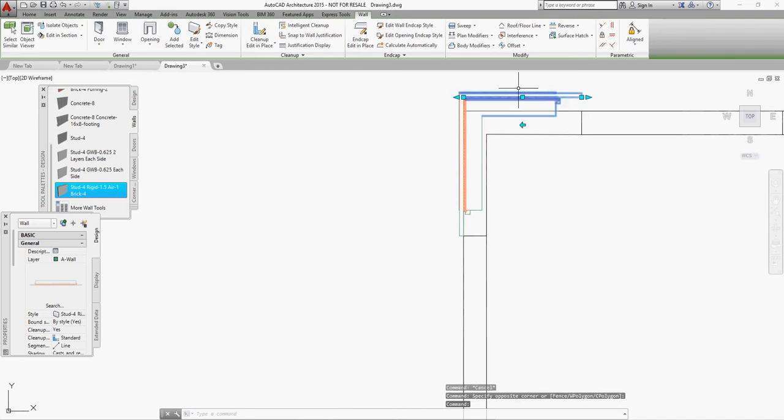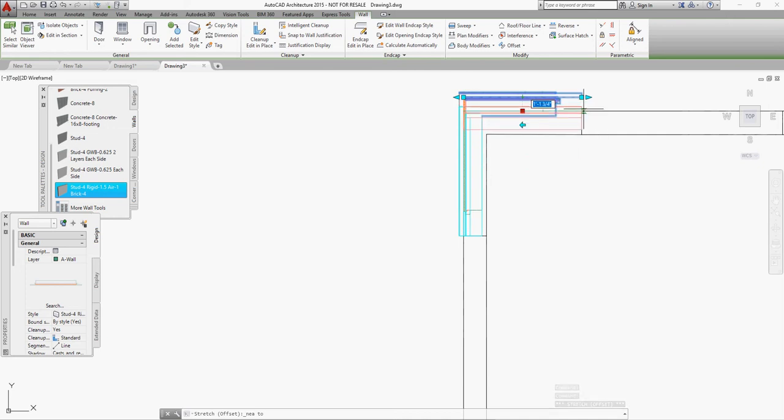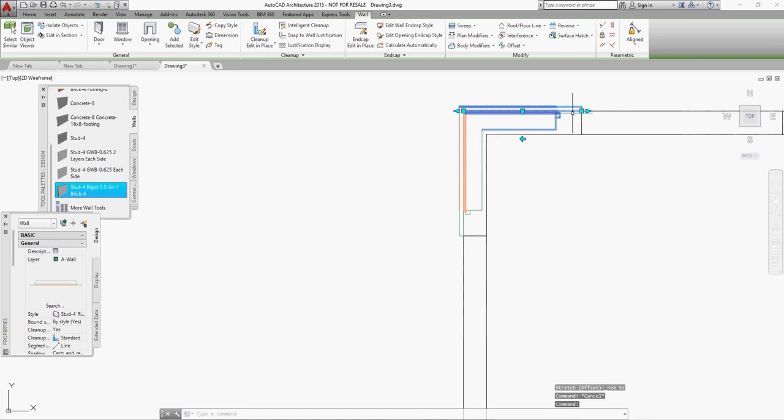And see, now it says 1 foot 11 inches. So now it's correct. And I'm going to say apply. And OK. All right. And now I'm going to right click on that wall style and say apply tool properties